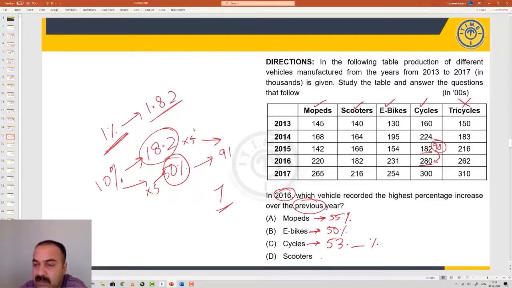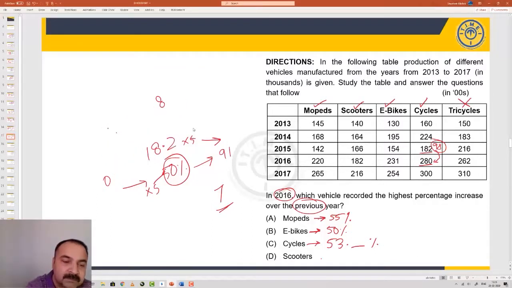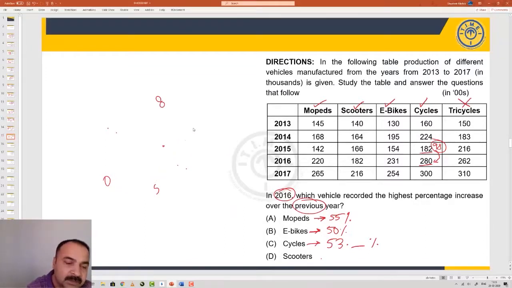We have scooters also. Let's look at the growth for scooters. Same method. We'll try and do it as much mentally as possible. Scooters are growing from 166 to 182. What is the growth? 166 to 200, you have to grow by 34. But you don't have to go to 200, you have to go to 82 only. So 166 plus 4 is 170, 170 plus 12 is 182. So 12 plus 4, 16. You're growing by 16. And 16 is nearly 10% of this. 16.6 is 10%. So therefore scooter will be 9 point something percent, which will be even lower.